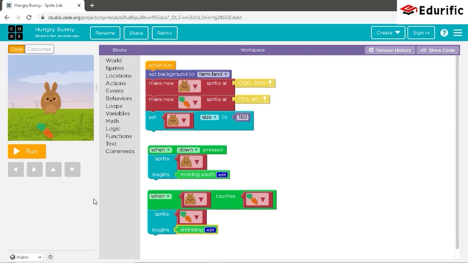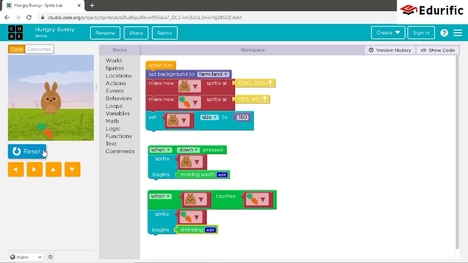So we can just visualize this by compiling the code by pressing the run button. Now our code has been compiled and now we will be pressing the down key for the bunny to move towards the south, towards the carrot. As you see, the bunny started moving towards the carrot.